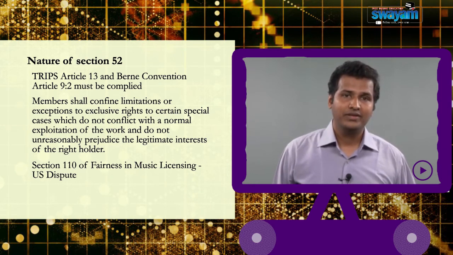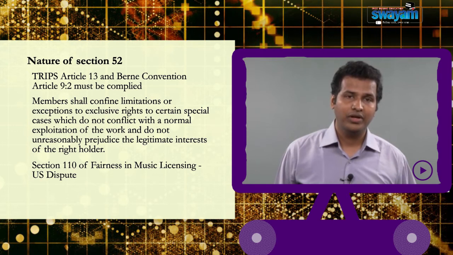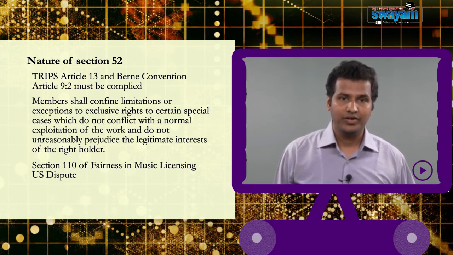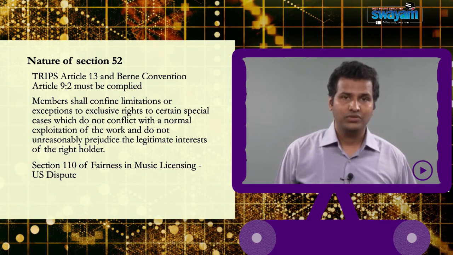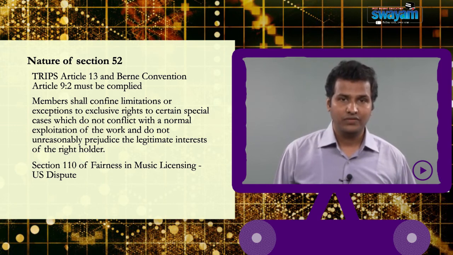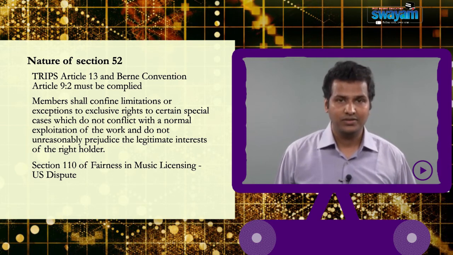Now, Europeans claim that this kind of exception is so broad that it actually conflicts with the normal exploitation of the right of the copyright holders and hence would violate Article 13 of the TRIPS agreement. The WTO dispute settlement came to a conclusion that the home style exception was indeed limited because it actually defined the nature of the establishment vis-a-vis the space and also the amplifiers, but the business style exemption was not, because it went beyond the limited exception that is envisaged in Article 13.